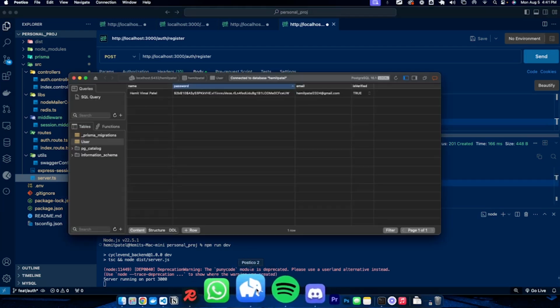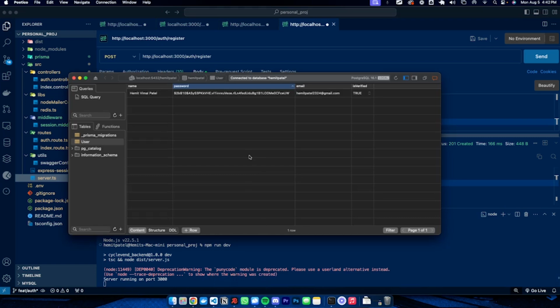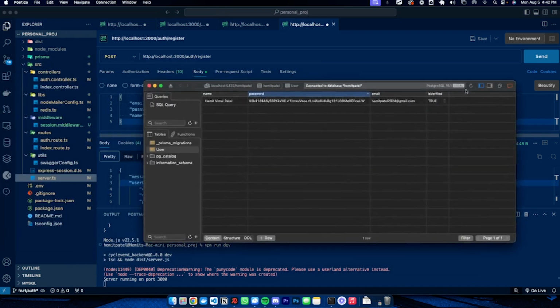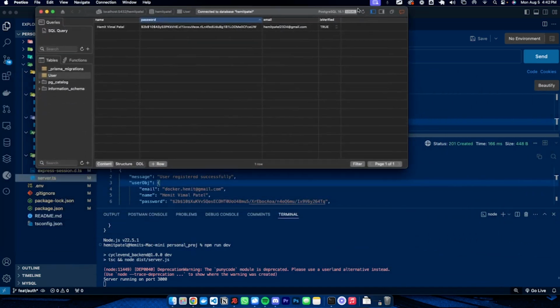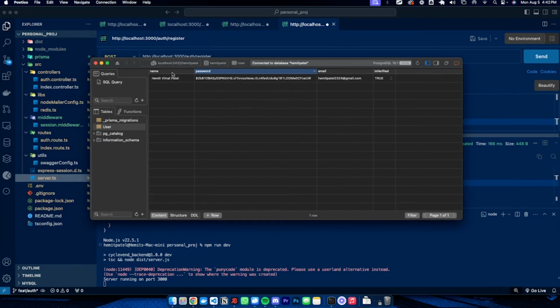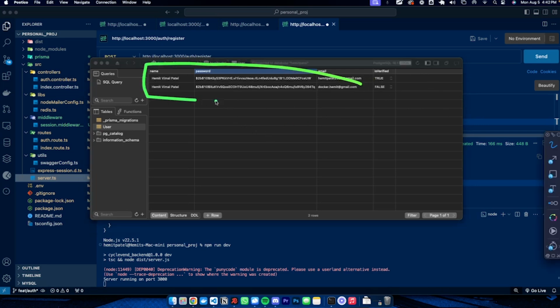And if I look within my Postico, which is just a GUI app that allows us to see our local or production SQL servers, specifically Postgres, it gives us a visual way of going about developing. And that's why I really like it. But anyways, because of that, I can actually see my user collection over here. So if I go ahead and refresh, you will see that a new record was made